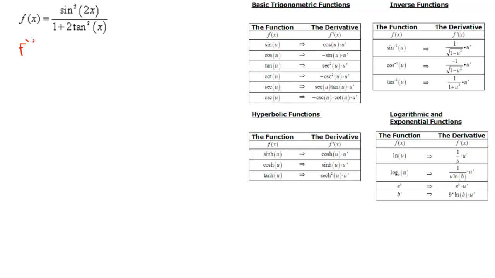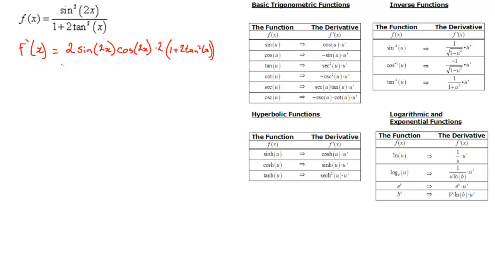So the derivative here then, it's a quotient, so the quotient rule says we're going to take the derivative of the top first. So 2 comes down as we use the chain rule. Sine stays 2x. The derivative of sine is cosine of 2x times the derivative of 2x, which is 2, times the bottom, which is 1 plus 2 tan squared x. That's the first part,